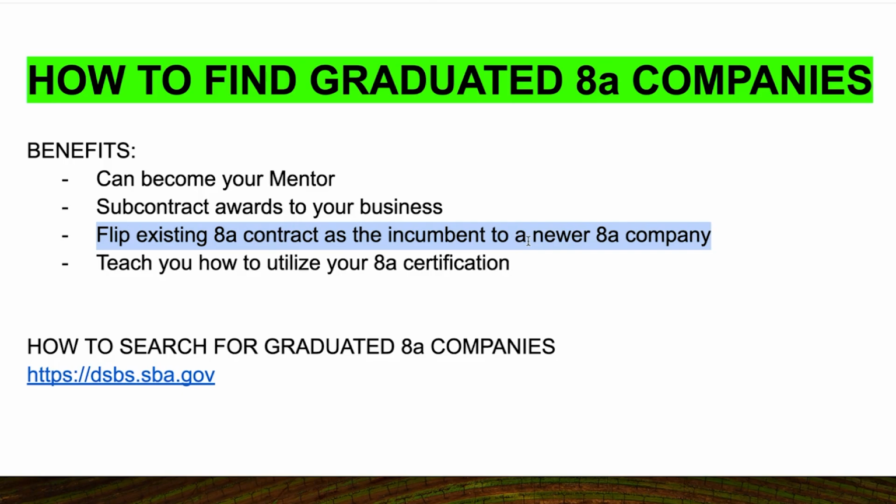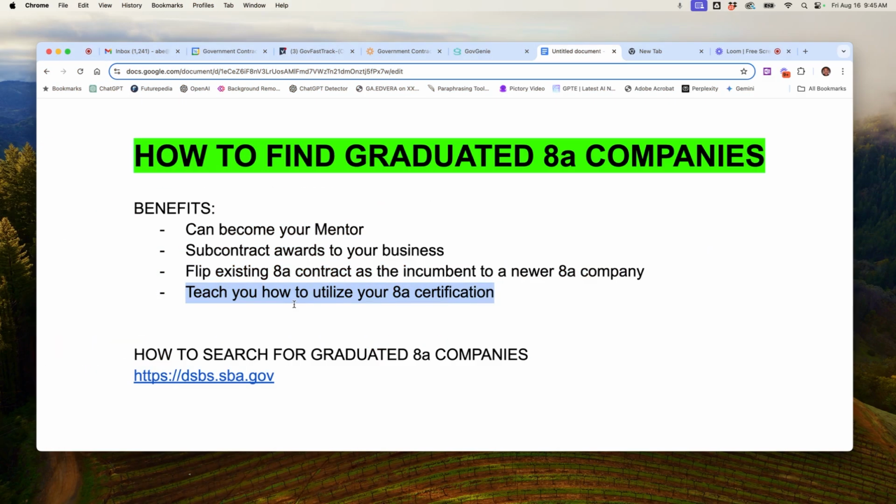So this is a very important strategy. Of the benefits, this is probably one of the most important strategies for you to find existing or graduated 8A companies so that you can work with them. And then also they can teach you how to utilize your 8A certifications. For me to show you how to find 8A companies that are about to graduate or graduated, we're going to use this website,